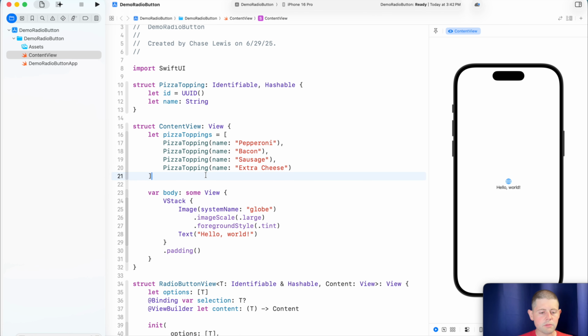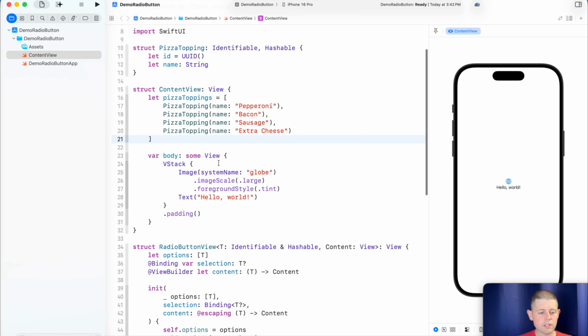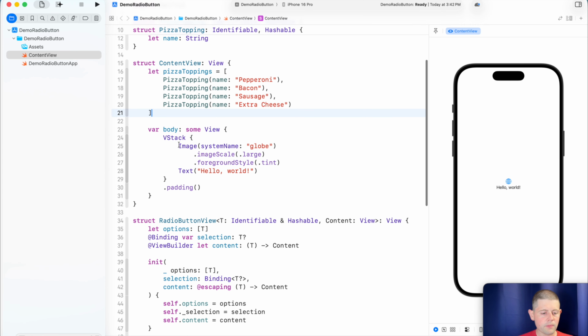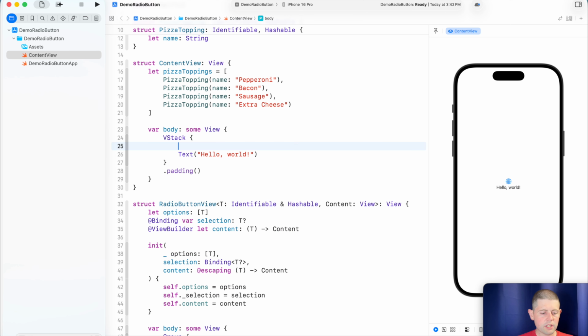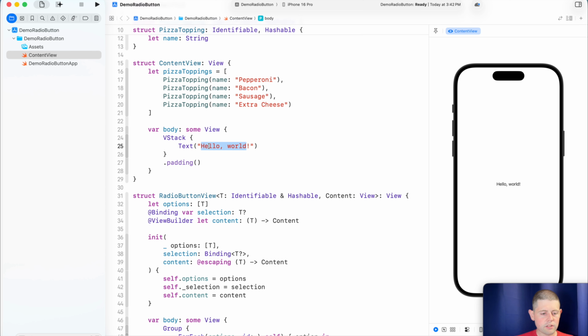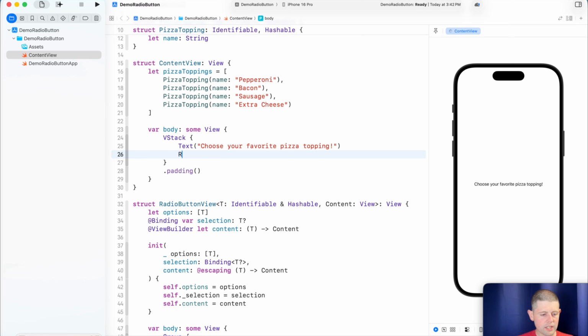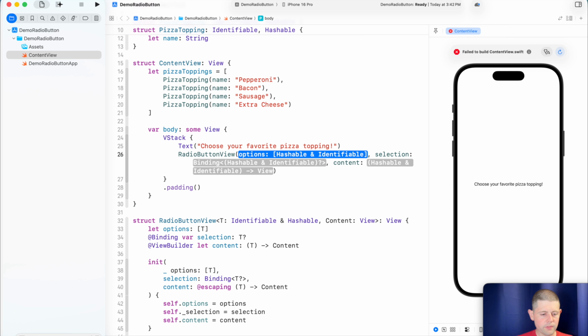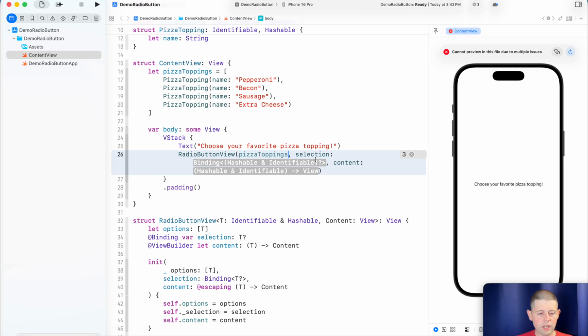And this is where this custom component really starts to shine. So let's go ahead and add this to our view. So we don't need this image here, but let's change the text. So let's say that we want to "Choose your favorite pizza topping." There we go. And now inside of our view, we could say that we have our radio button view, and our options will be our pizza toppings. Now we haven't created a selection yet, so let's go ahead and come back up here